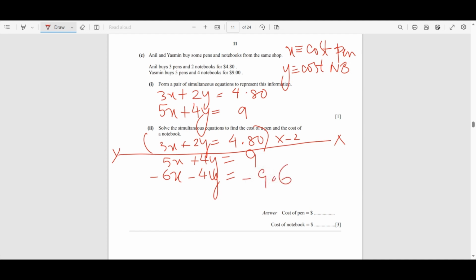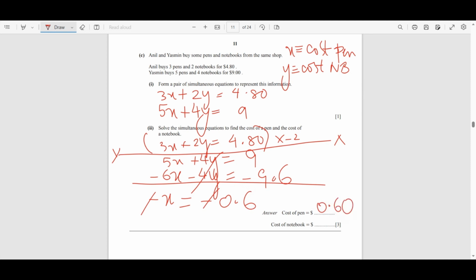Now, the only reason I multiplied the first equation by a negative sign is so that I'm easily able to cancel this by adding the two equations. I don't have to worry about subtracting the two equations. Some of you might find it convenient to multiply just the first equation by 2 and then subtract the two equations. It's fine. It's not incorrect, but it's just how I like doing it, right? So 5x minus 6x is just negative 1x, and then this is negative 0.6. So the cost of a pen, which was x, turns out to be